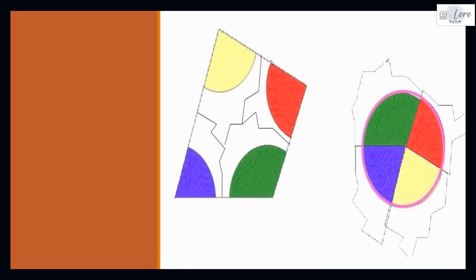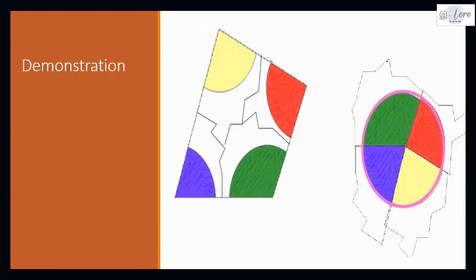The example of the diagram is given here. The first picture is showing how you have to draw a quadrilateral, color the angles and cut them with scissors. The second figure is showing how you arrange all the corner vertices of the angles at the point O. So this is the activity you are going to work out and submit to me. Please make sure about it.